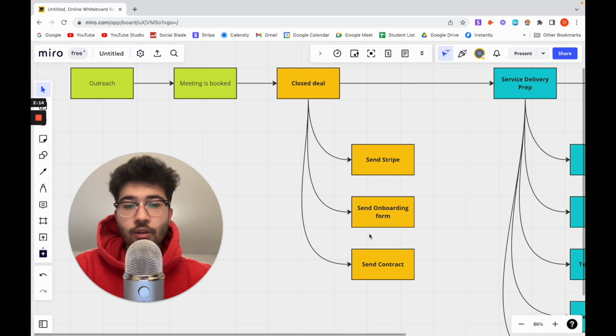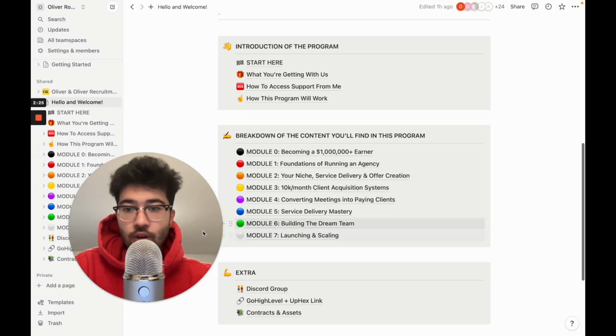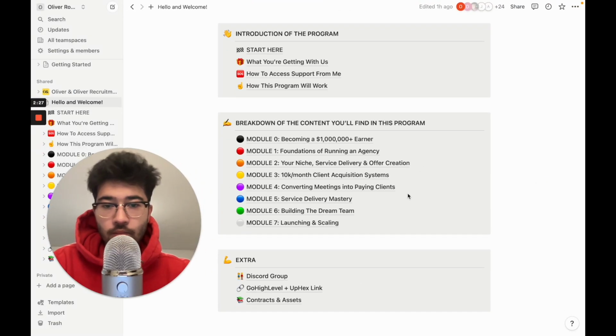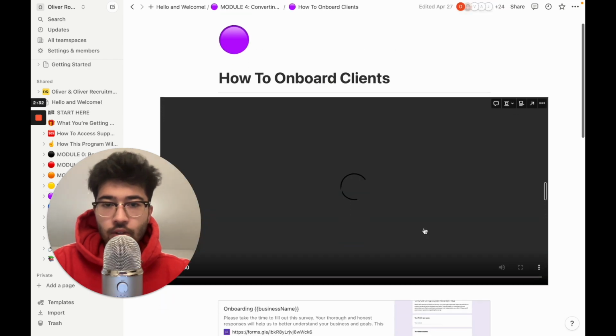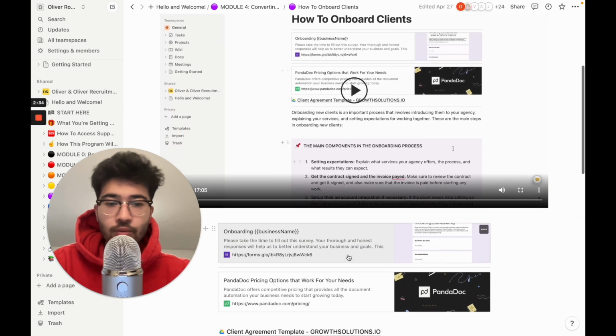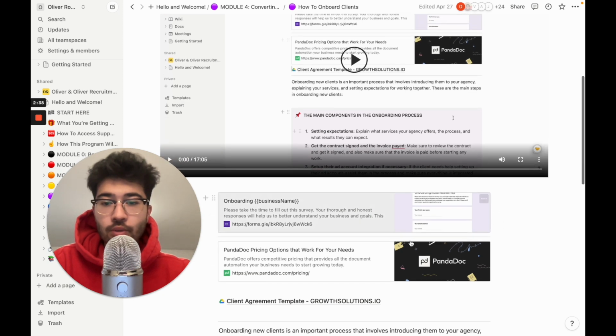So you need the onboarding form as well as a contract. Okay, what I was going to say is that these two things, you can find templates online. I have my own, obviously for people who are in the mentorship program, module 4, here, how to onboard client. So here I would give them the form and the contract. So these are really the only two things that you would need. And also to send the contract, use PandaDoc, right? With PandaDoc,